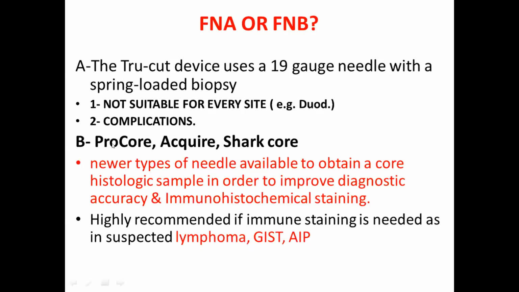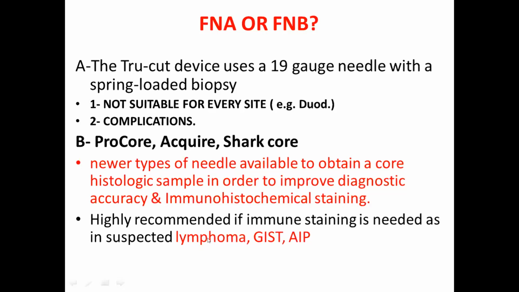Now, in common use are the fine needle biopsy needles: ProCore, Acquire, and SharpCore. These are newer types of needle available to obtain a core histologic sample in order to improve diagnostic accuracy and are important for immunochemical staining. Then what to use, FNA or FNB? In most of my patients, I use the FNA needle because it is very manipulable, very easy to use, very easy to move with the lever, very malleable, very deformable. But in cases